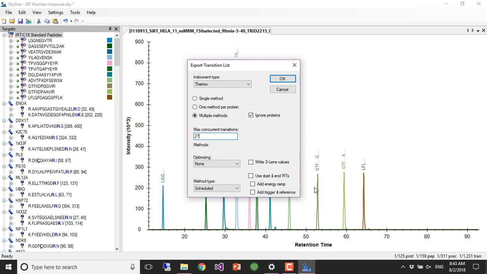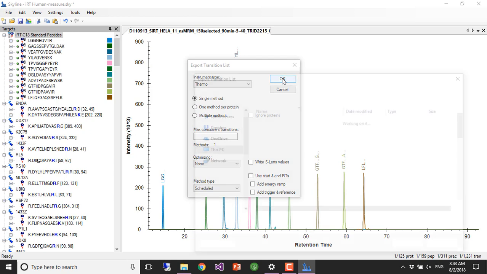How high do we have to go? 270 concurrent transitions gets us a single method. So I guess this is what Biognosis did. We'll see how many points across the peak we get once we import this data. But we could now say a single method, click OK,